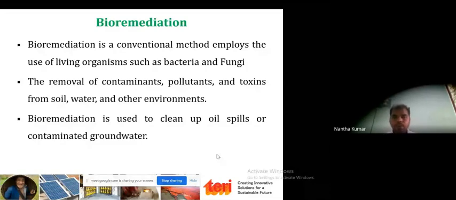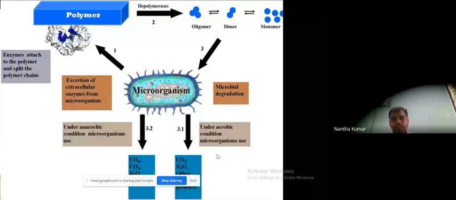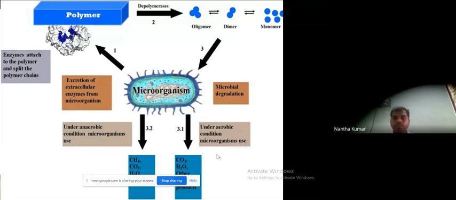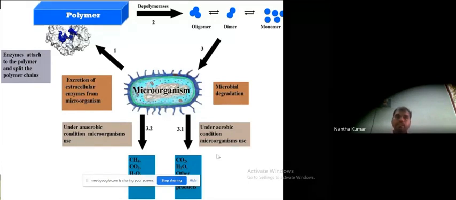How the bacteria act upon the pollutant, how they degrade it, and what the conditions are is also very important. Many kinds of bacteria occur naturally in the environment, and depending on the surrounding environmental factors, they can become pathogens, so we have to categorize them.